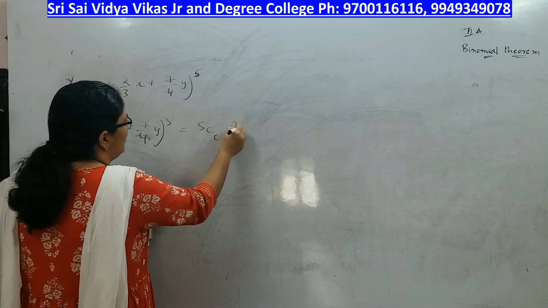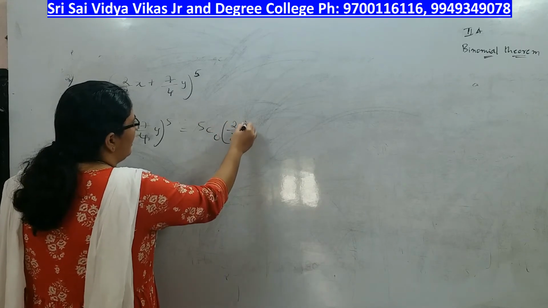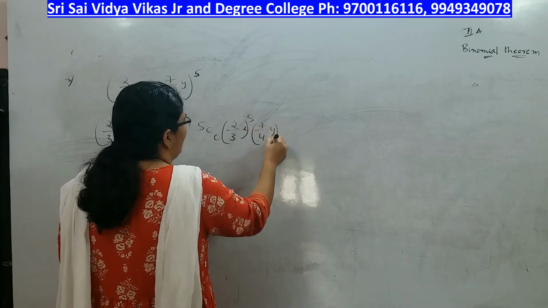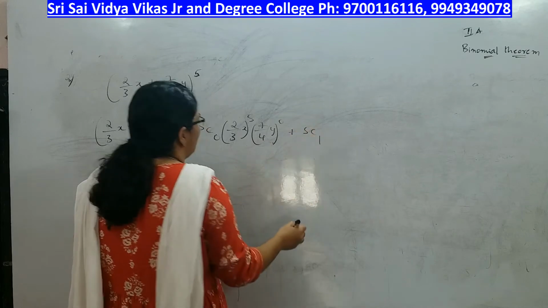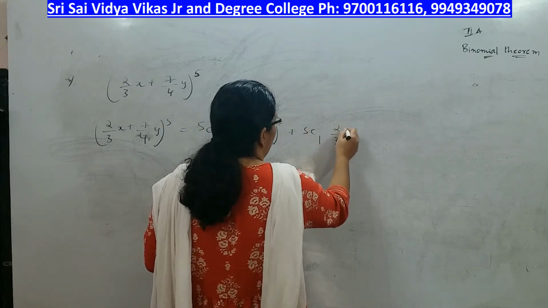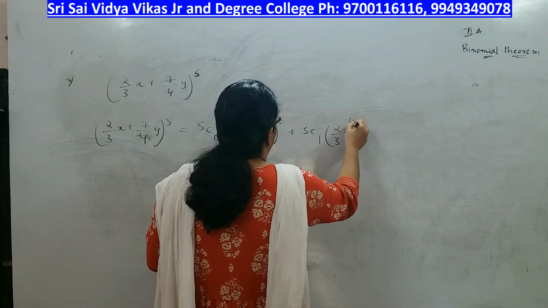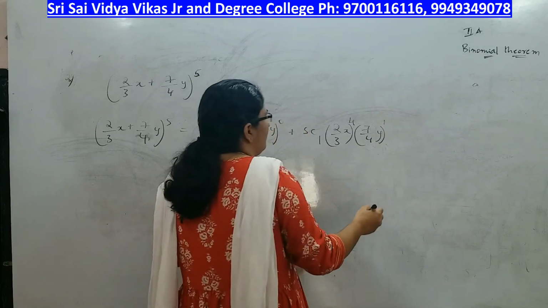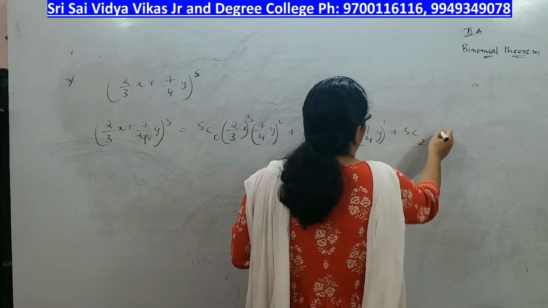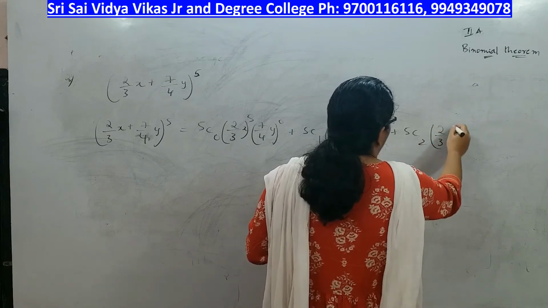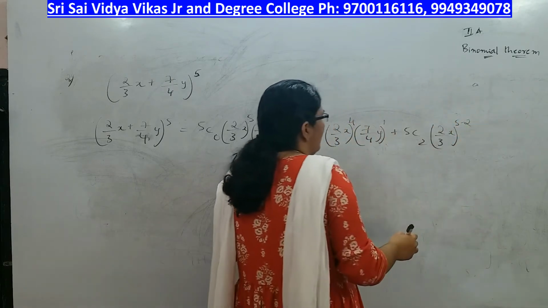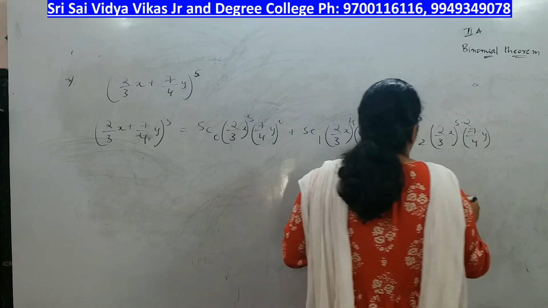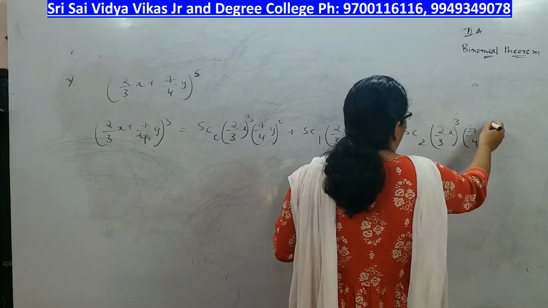5C0 (2/3 x)^(5-0) (7/4 y)^0 + 5C1 (2/3 x)^(5-1), which is 4, (7/4 y)^1 + 5C2 (2/3 x)^(5-2) (7/4 y)^2, 5 minus 2 is 3,